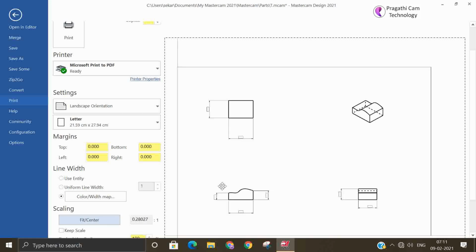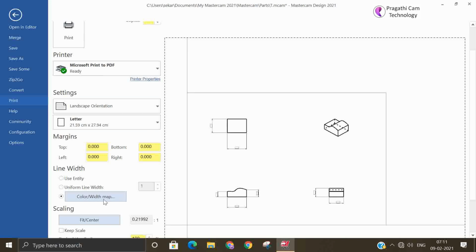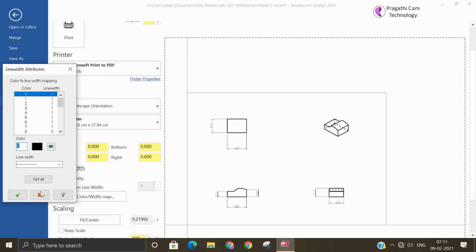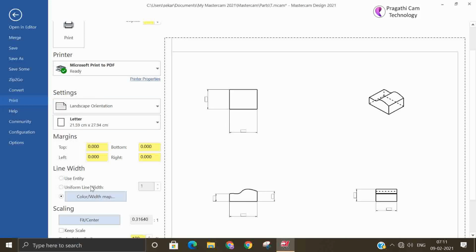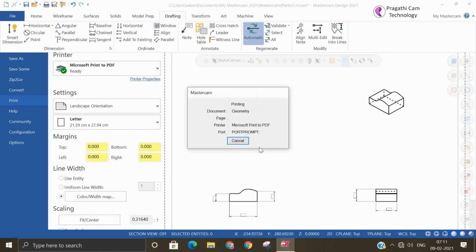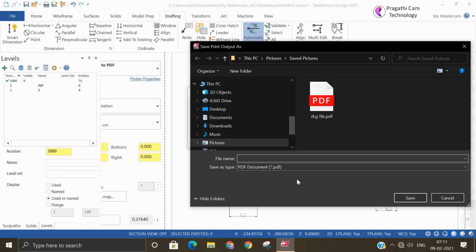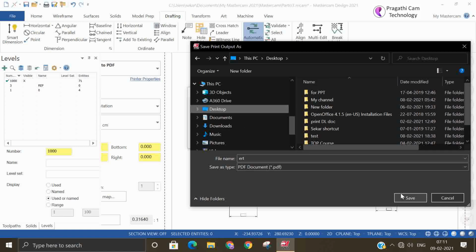Okay, by saying fit, it automatically fits to the exact paper. Now you can go print. Let's print to PDF. You can give the name. It is saving now; on the desktop also you can put it, no problem.